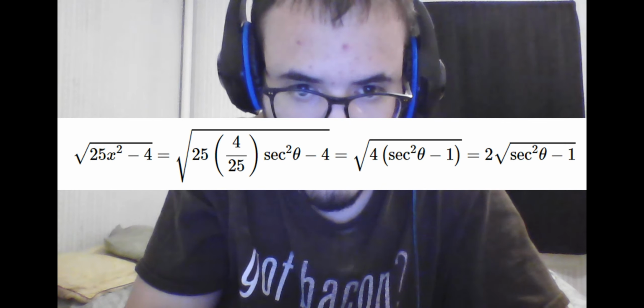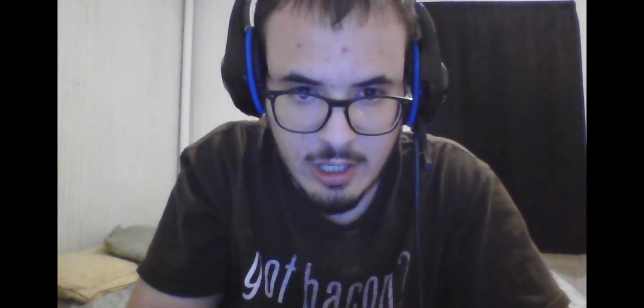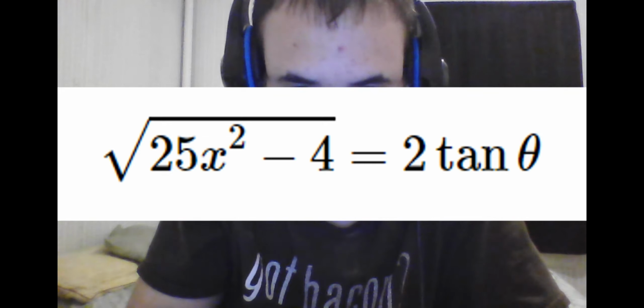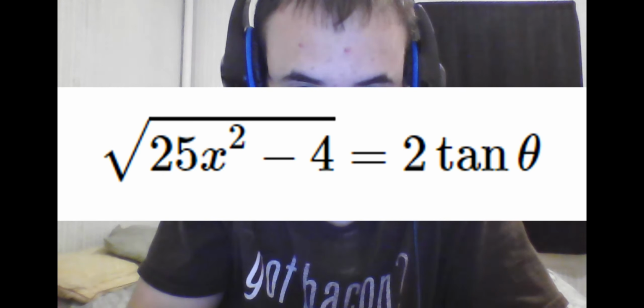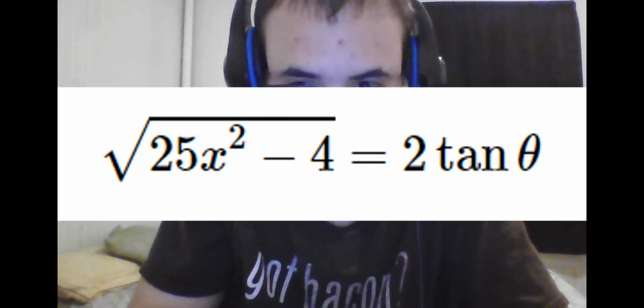So now we have 2 times the absolute value of tangent, because of the fact a square root is always positive. However, since we are doing an indefinite integral, i.e. an integral that does not have specific values, we can assume it is positive to make our work easier, and drop the absolute value. So now we see, because we assumed that x had this relationship to the angle, it